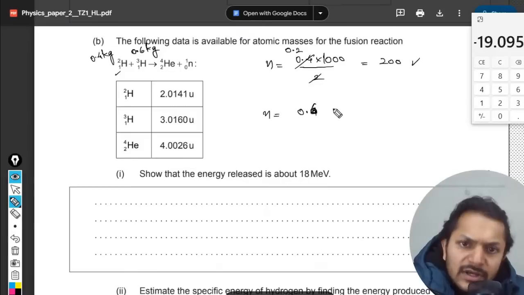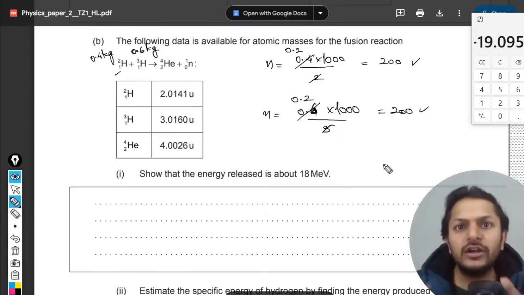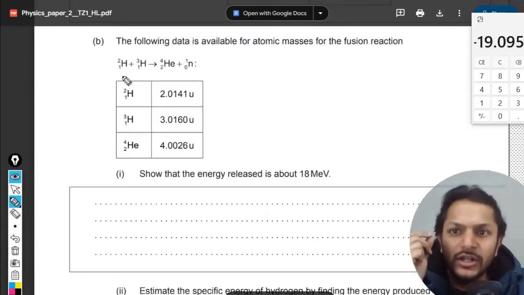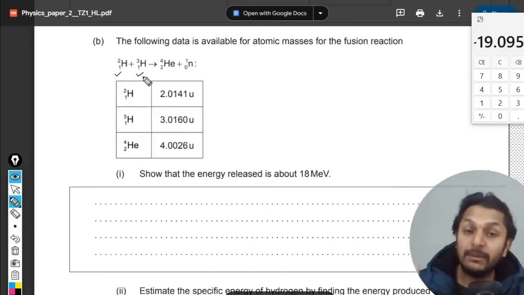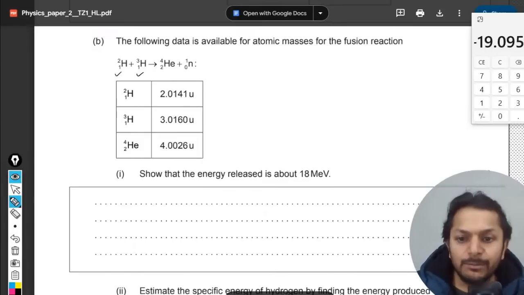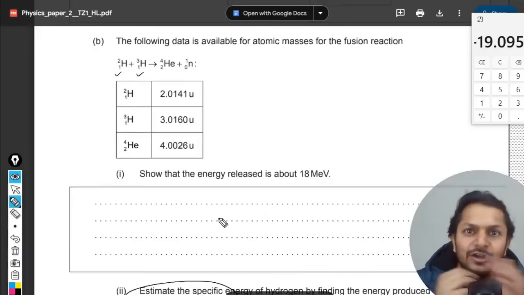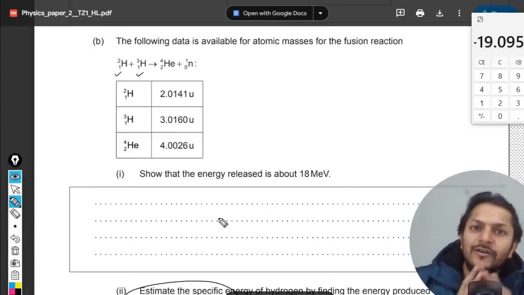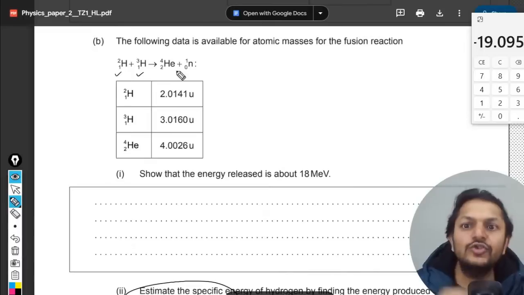0.6 into 1000 divided by 3. Again it is giving us the value 0.2. So again we have 200 moles of tritium. It clearly means that the number of moles of tritium and deuterium are the same. So our complete fuel is 1 kg inside the nuclear reactor, and at the end of the day, 100% of deuterium will consume 100% of tritium, and at the end of the reaction you would be having